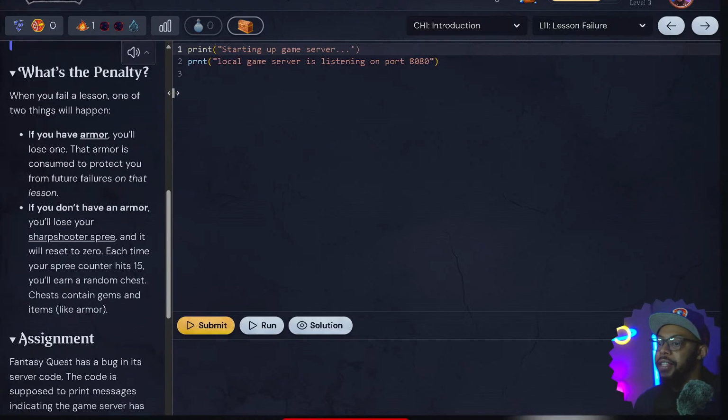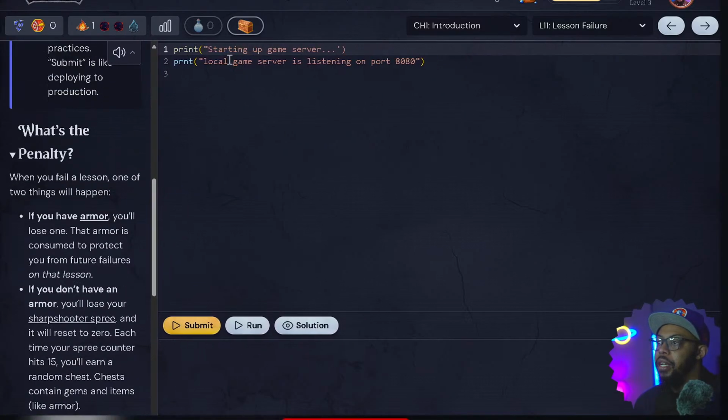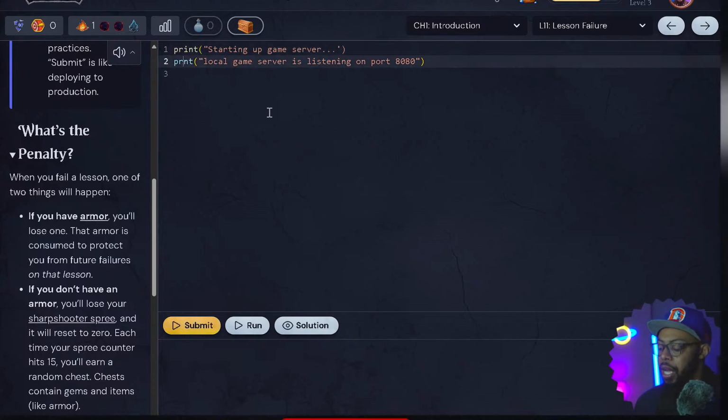Because the fact that the color is off, that lets you know that something is wrong. That's one of the luxuries of PyCharm and